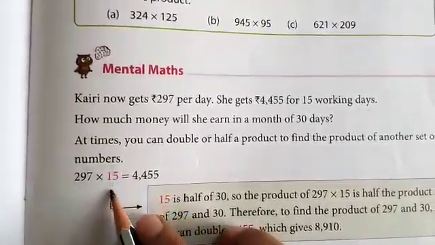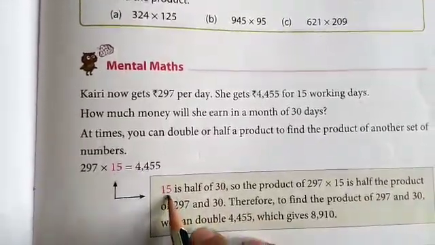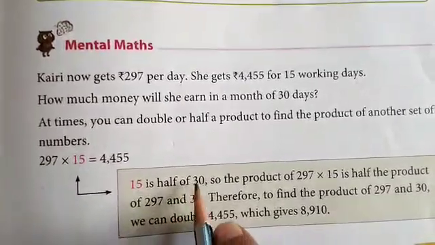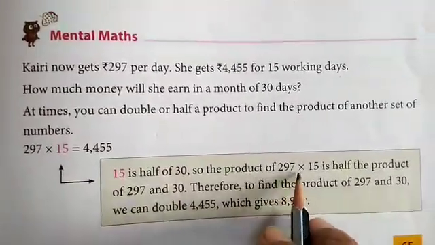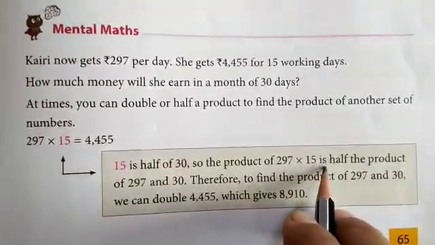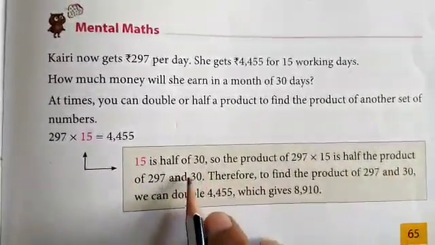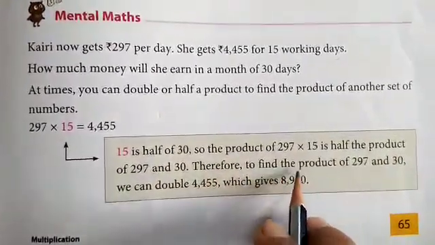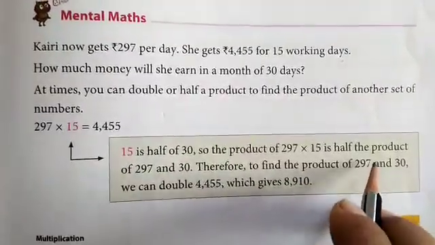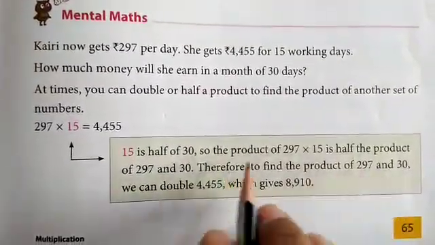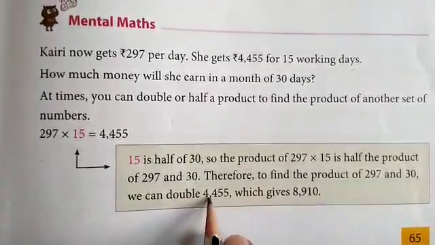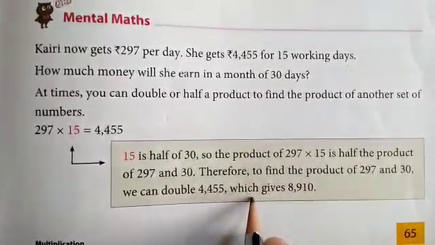Here the number of days is 15, and 15 is half of 30, so the product of 297 multiplied by 15 is half of the product of 297 and 30. Therefore, to find the product of 297 and 30, we can double 4,455, which gives